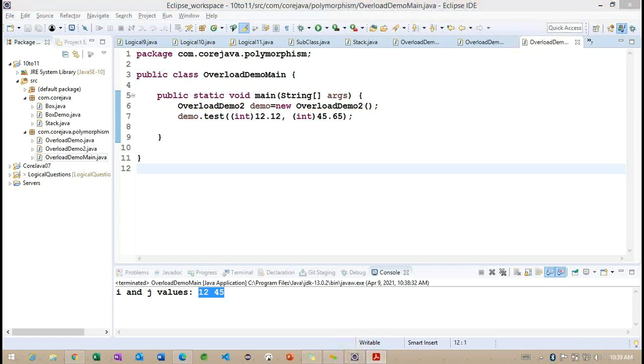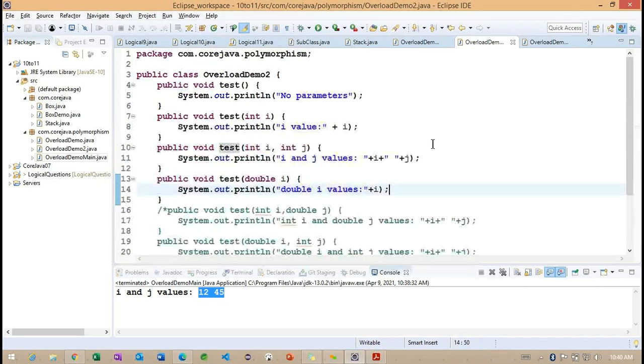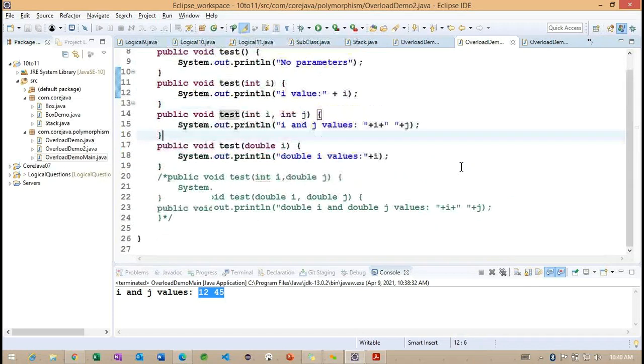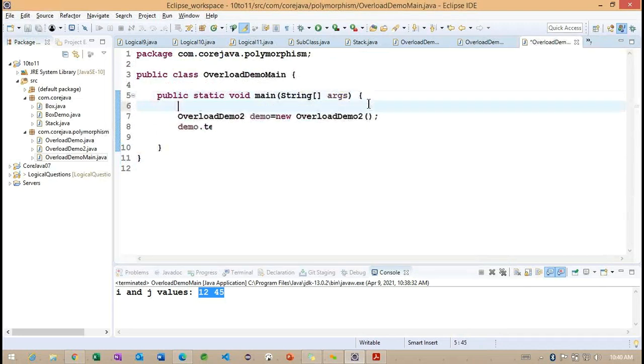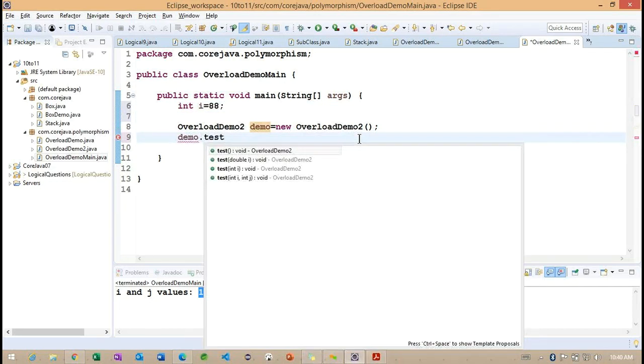One more example I want to show you. Another example here: we have the test method, and another one which is expecting two parameters. I want to write one more way here. Observe here, int i equals 88. And I want to call demo.test.